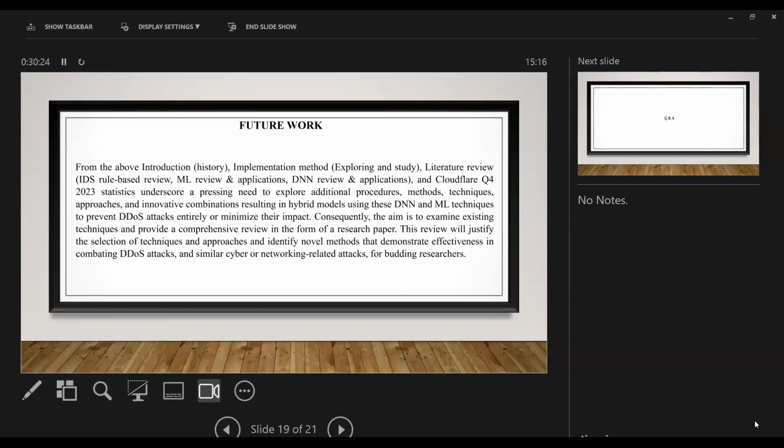So from the above: introduction, history, implementation methods, exploring and studying, literature review, IDS rule-based review, ML review and applications, DNN review and applications, and Cloudflare Q4 2023 statistics underscore a pressing need to explore additional procedures, methods, techniques, approaches, and innovative combinations resulting in hybrid models using these DNN and ML techniques to prevent DDoS attacks entirely or minimize their impact. Consequently, the aim is to examine existing techniques and provide a comprehensive review in the form of a